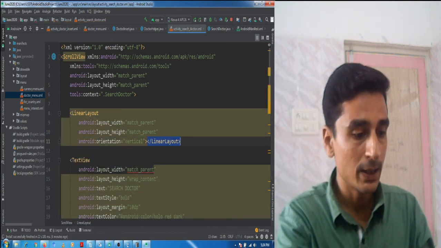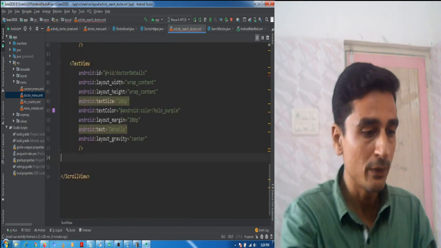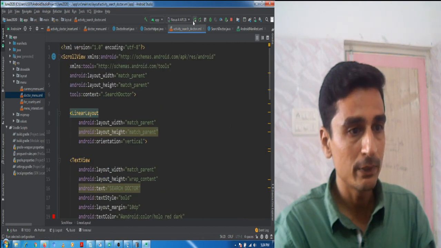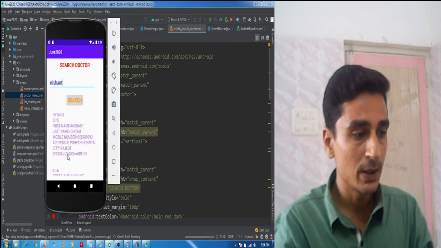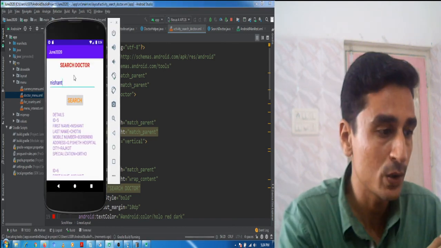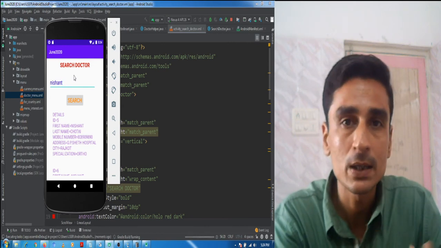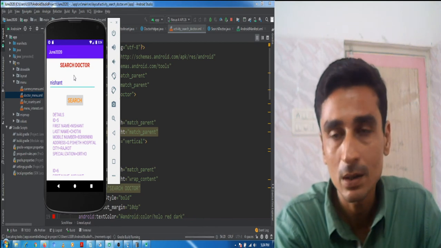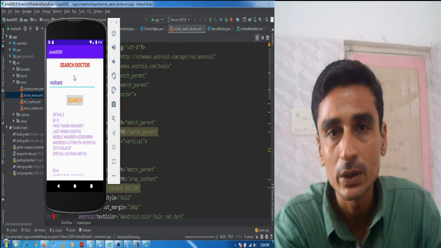Okay, and we will end this linear layout at the bottom before the scroll view ends. Then we can check it. So we can see that all the records matching the criteria, that is having Nishant as first name, are searched and returned from the cursor, from the query, and these records are shown in the text view.